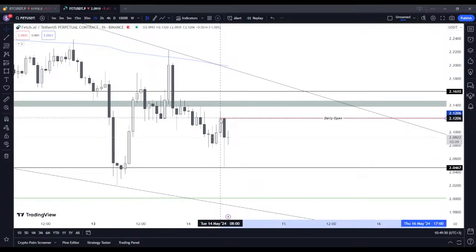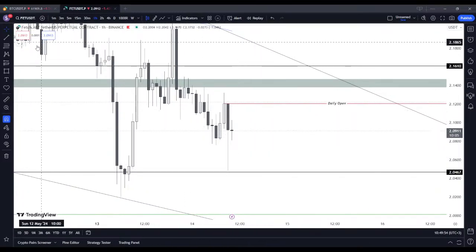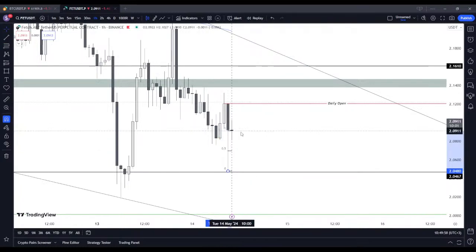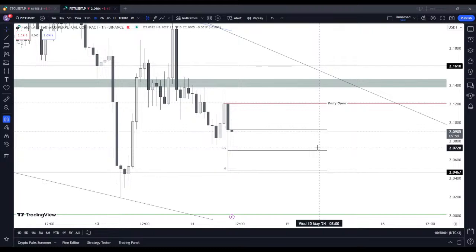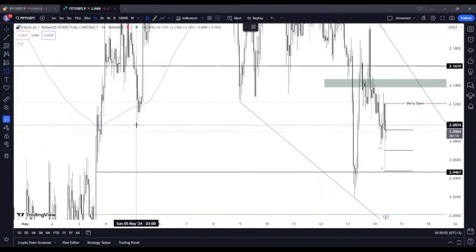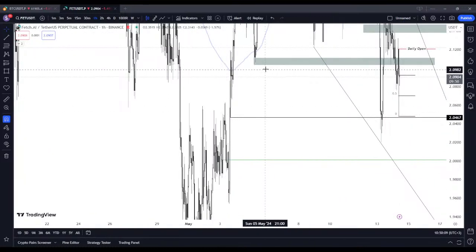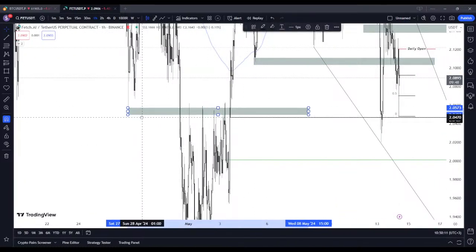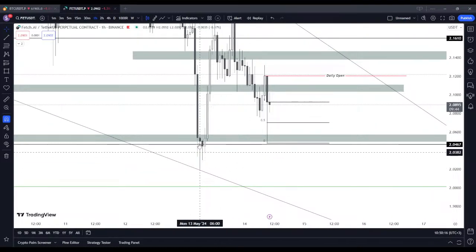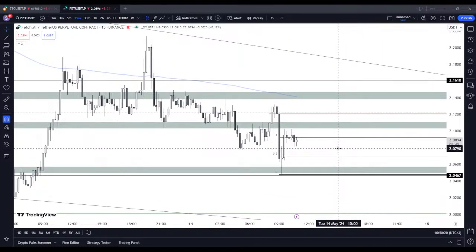Pretty nasty rejection of the daily open. So price is trading below daily open. We have a wick to the downside. There's a pretty high probability for us to consolidate this one. So 0.5 level. Let's see if we have something left. Well, we have resistance here, and we have support here. So that bounce had a logical area of support. We have a bullish order block on 1 or 2. Let's zoom in more.